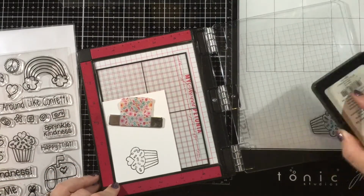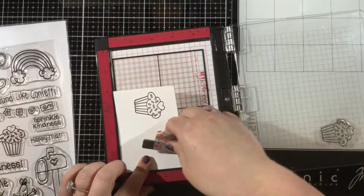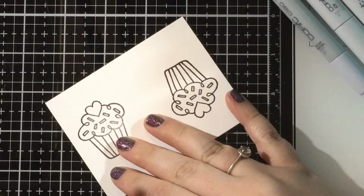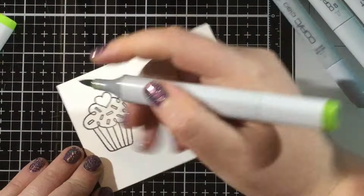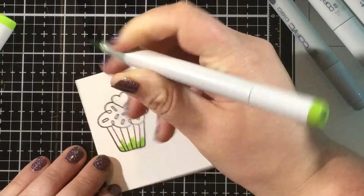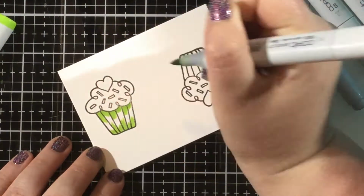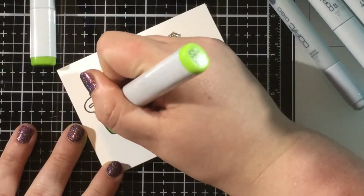I'm going to go ahead and do some simple Copic coloring. I am using the Kindness on Purpose stamp set from Laura Kelly. I was getting those watermelon vibes from my background, and I looked through my stamp stash and I didn't have any large watermelon images. So I decided to take this little cupcake from the Kindness on Purpose stamp set and color this up in watermelon colors,